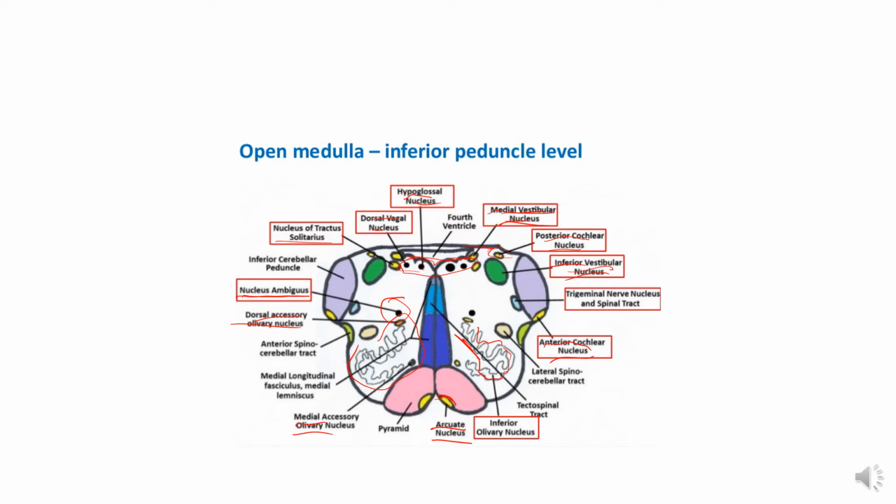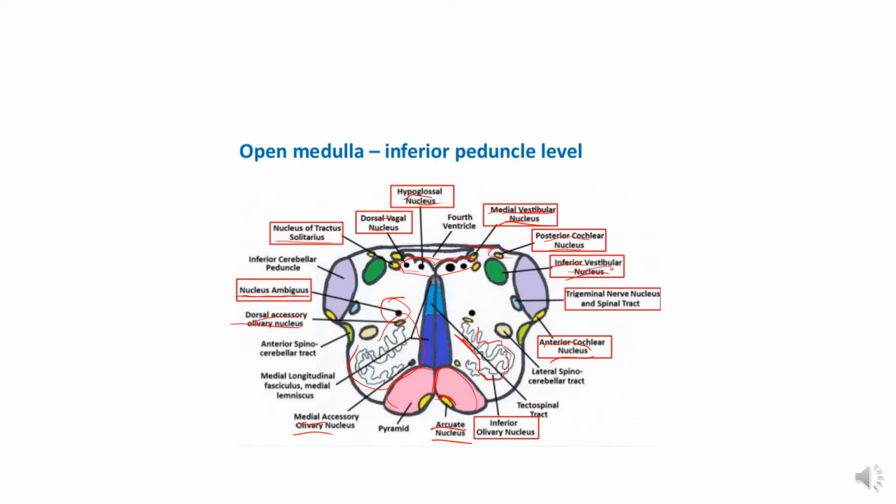They receive nerve fibers from the cerebral cortex and send efferent fibers to the cerebellum through the anterior external arcuate fibers. The pyramids containing the corticospinal and some corticonuclear fibers are situated in the anterior part of the medulla, separated by the anterior median fissure. So you can see here the anterior median fissure separating the two pyramids.